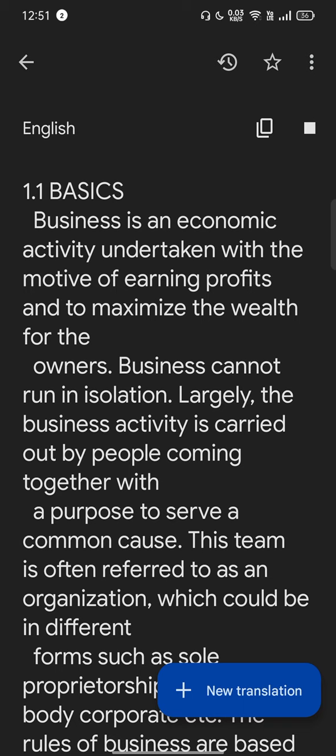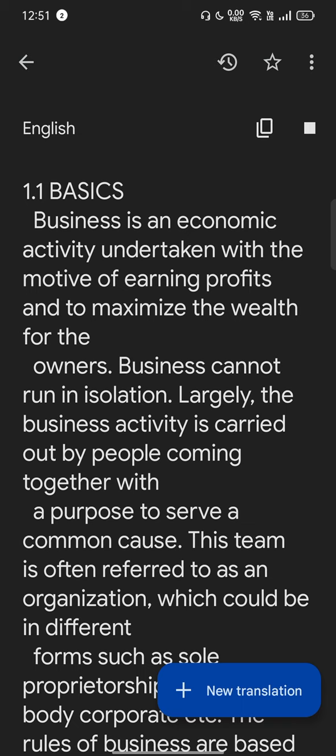1.1 Basics. Business is an economic activity undertaken with the motive of earning profits and to maximize the wealth for the owners. Business cannot run in isolation. Largely, the business activity is carried out by people coming together with a purpose to serve a common cause. This team is often referred to as an organization, which could be in different forms such as sole proprietorship, partnership,